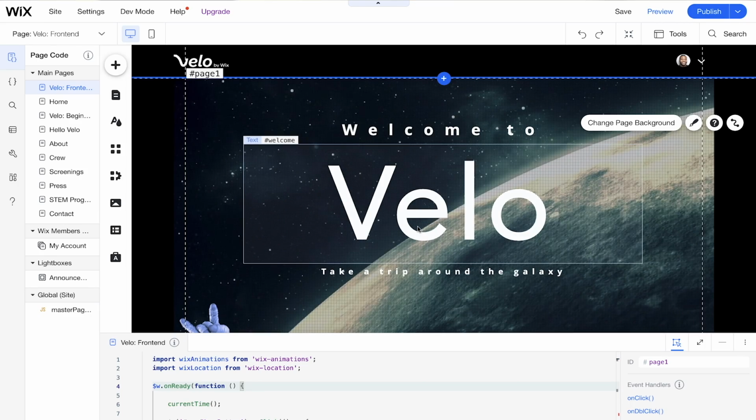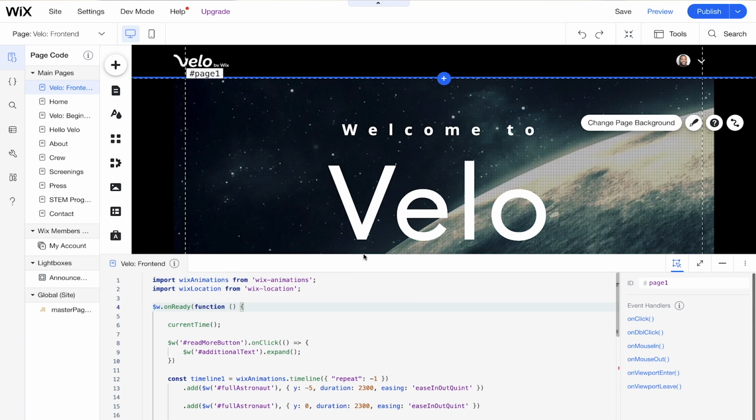If you're familiar with JavaScript, this is not going to be something that's very foreign to you, but showing it the Velo way and how we use our selectors is going to open up your eyes to a whole other world of development. So we already have dev mode enabled, and we have a bunch of elements on our page. Let's just get started by changing the text and showing you the difference between using HTML, CSS, and then just JavaScript with Velo.